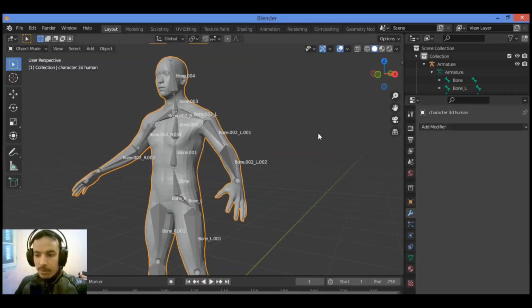So with the mesh figure selected, shift select the armature rig, then hit shift and select the armature rig as shown in our tutorial. Left mouse button, click the figure